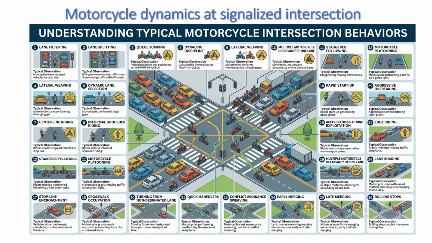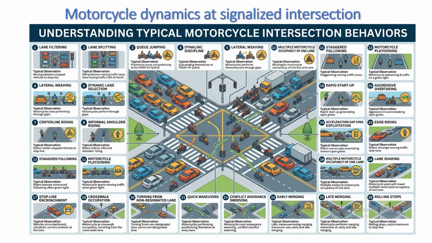We can see motorcycles try to move through the center line, which is also known as number 7. We can see there is center line riding. Sometimes this type of vehicle tries to move through the shoulder, which is known as shoulder riding. We can also see multiple motorcycles occupy one lane. It is very common. There is stagger following, that is, motorcycles do not actually follow bumper to bumper,